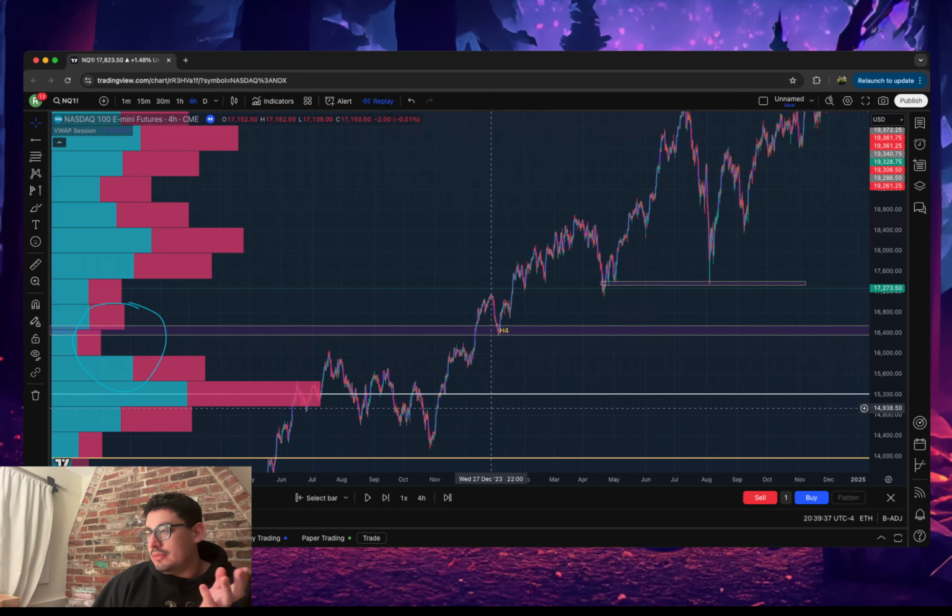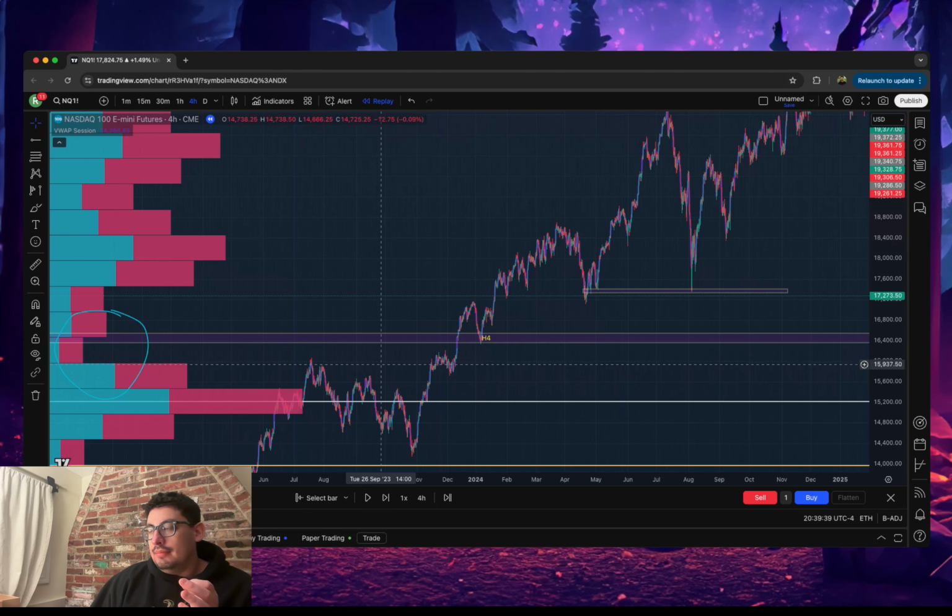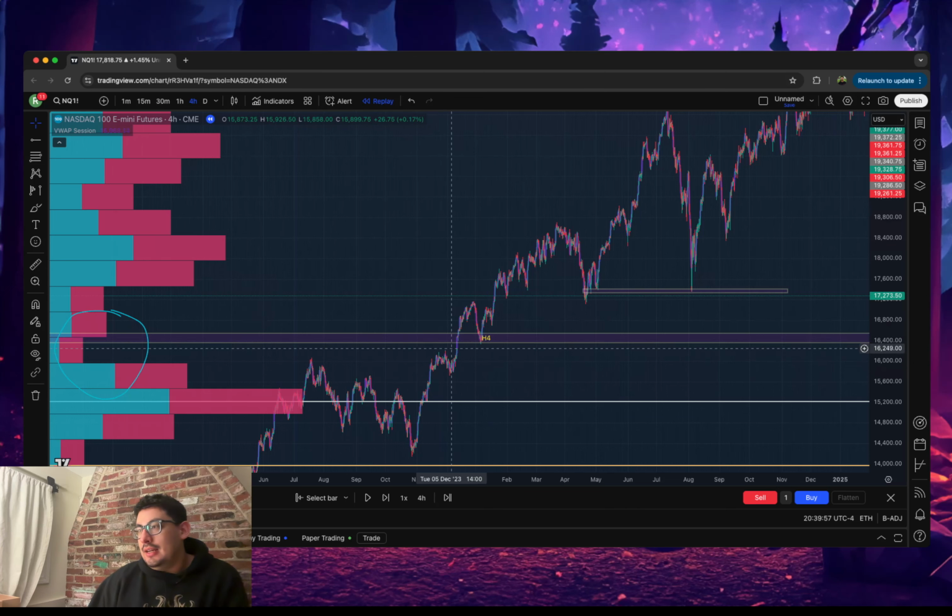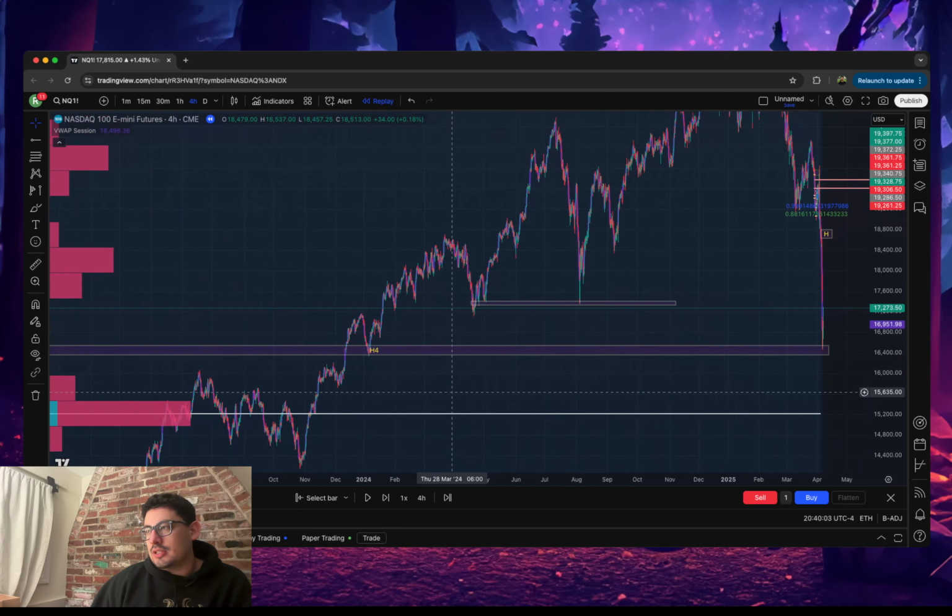And then it came back up again, bounced out a little bit, but then it gained a little bit of momentum and it flew through that once it gained momentum. So don't not pay attention to low volume zones. They're very important. And then it comes back up, it goes back down, and once it hits that volume zone again, it decides I'm not going to stay there. I'm going to keep discovering price upwards,